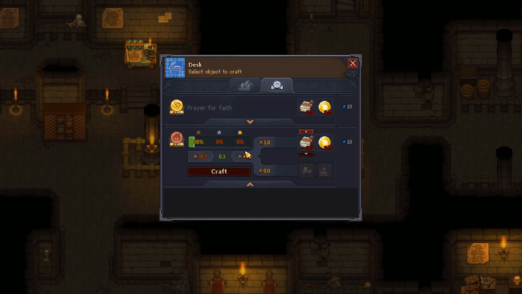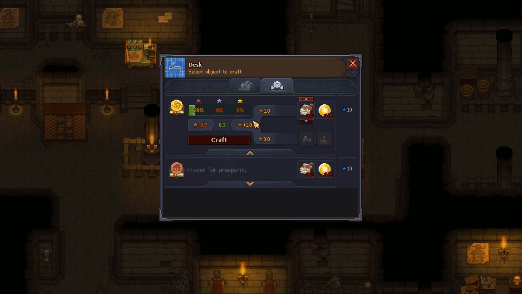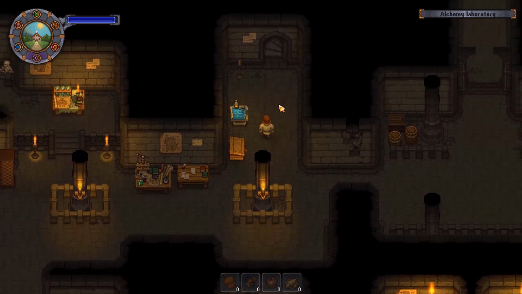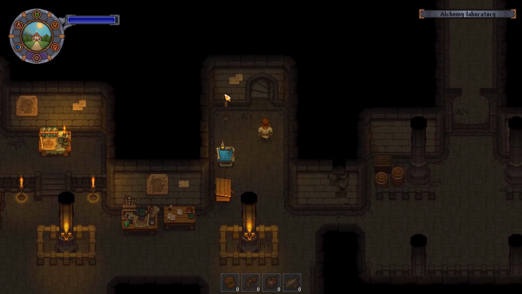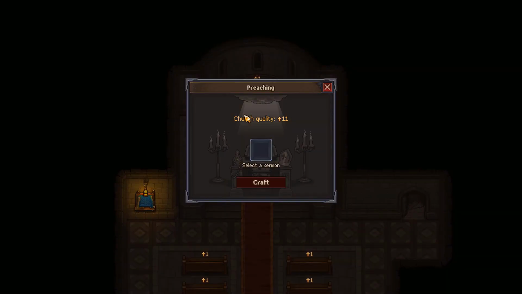Is this like a you make it once and you never have to make it again? Because right now our prayer for faith, we can use it over and over again. I guess you're creating the book itself and then you're just reading from it time and time again. That makes more sense than I initially thought it would. I was at first surprised that our sermons don't ever go away, the casual prayer. But it looks like we need 5 faith to make those, so we're not getting the new one for this sermon. So we're going to go ahead and just start with a casual prayer,